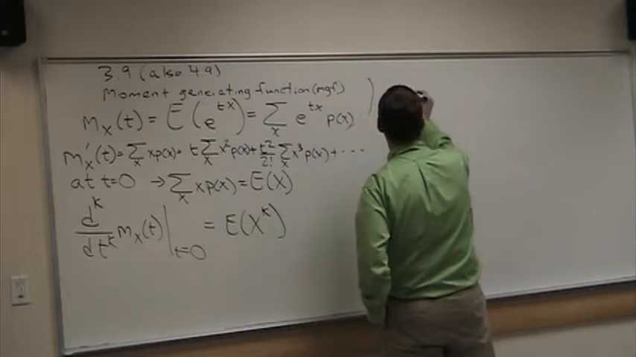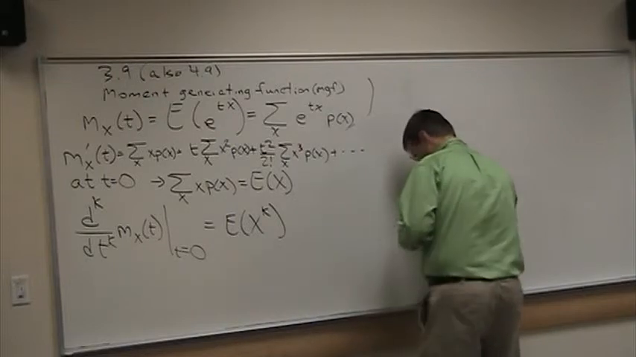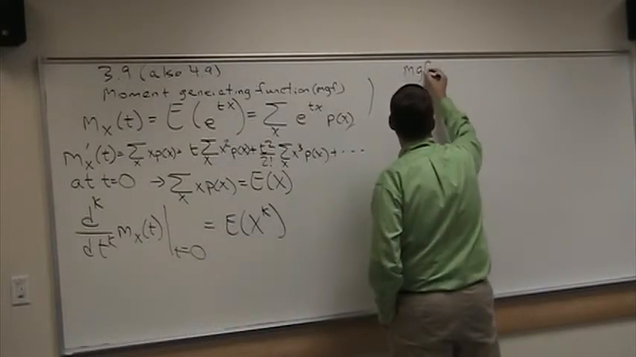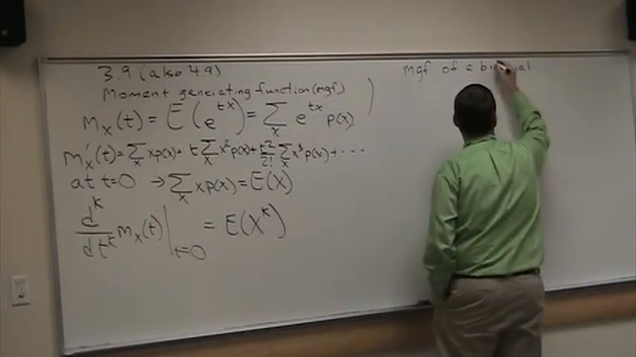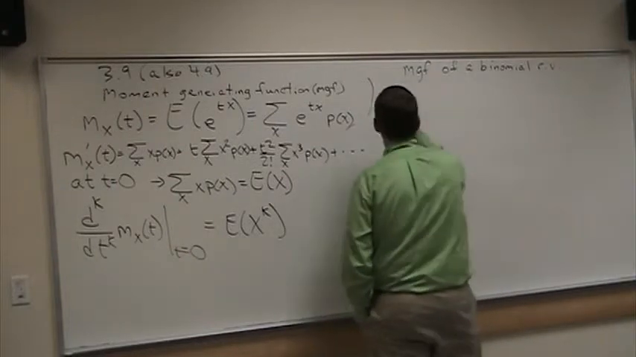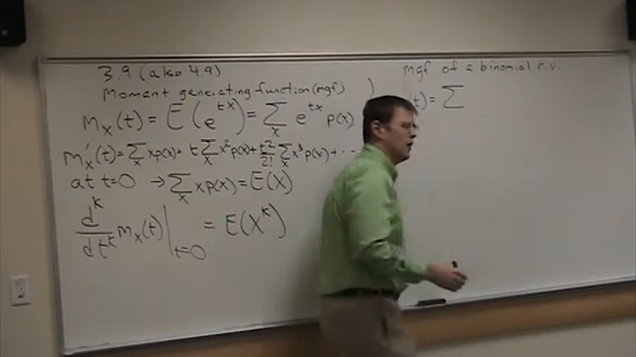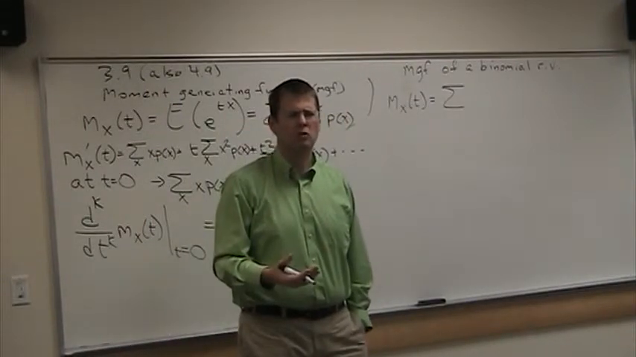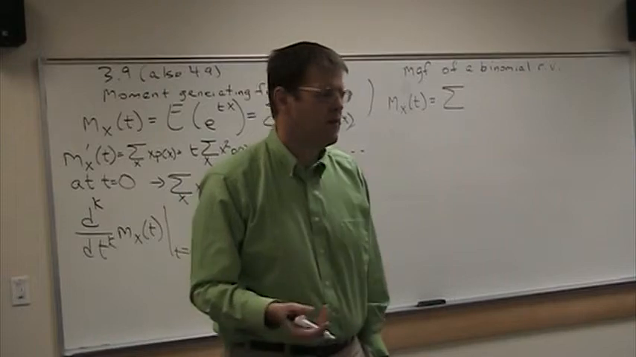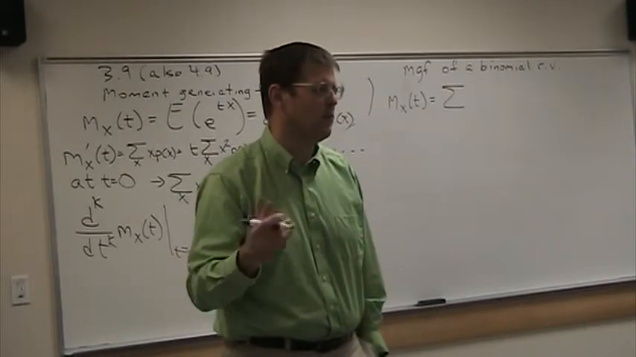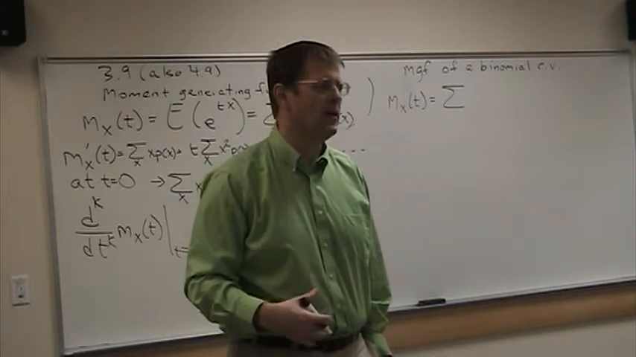So if you're looking at a binomial, this is the moment generating function of a binomial random variable. M_X(t) is going to be the sum. For a binomial, what range do we sum over? What range of values can the variable take on? Up to the number of trials, but with a minimum of